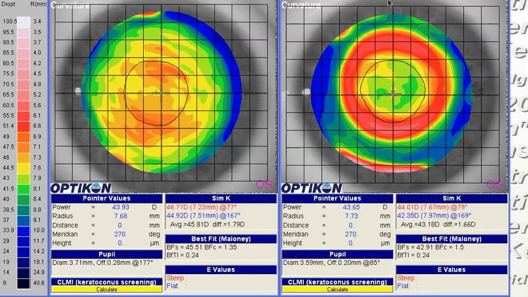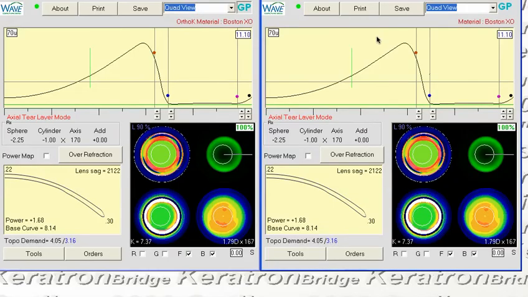So let me pause again and I'll bring up the lenses. So here again we have two windows of the same lens. This is the most recent design for the left eye. It's 11.1 diameter, which I think would be great for this cornea. You are designing in freeform mode, so all the changes we're making are going to be in 50%. But because we're in freeform, we need to do it to both the top and the bottom half of the lens. So again, just for demonstration purposes, not necessarily saying this is what I would do, but in case you